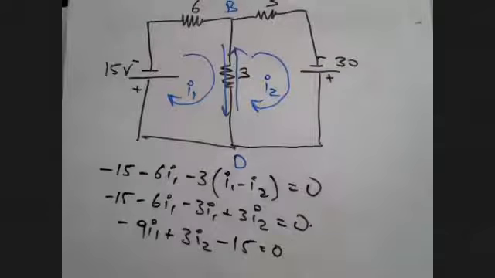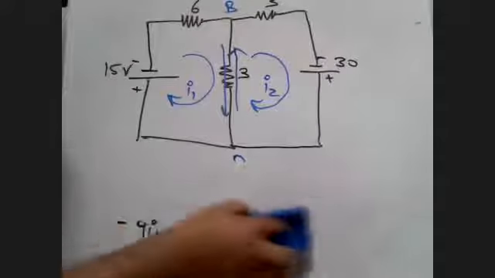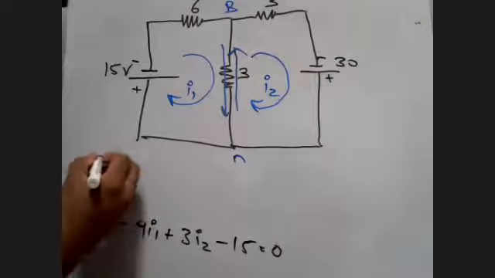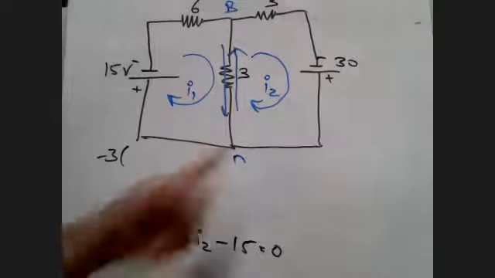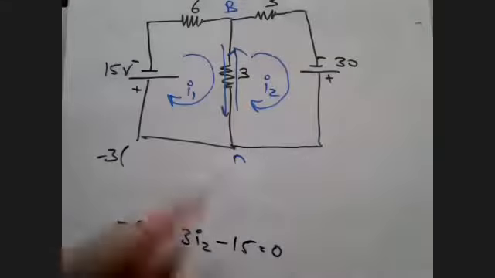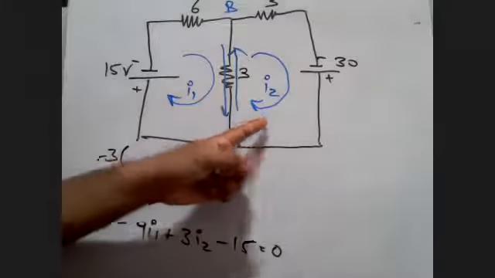Okay. What will be the equation for my second loop? Can you all tell me? Start from 3. What will it be? Minus 3 I1 minus I2? Wrong. It will be minus 3 I2 minus I1. You are considering which loop now? That is important. You are considering the second loop now, so you will consider the current in the second loop first, not the first loop. So current priority is I2 now.